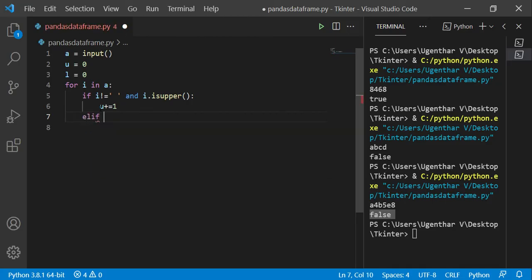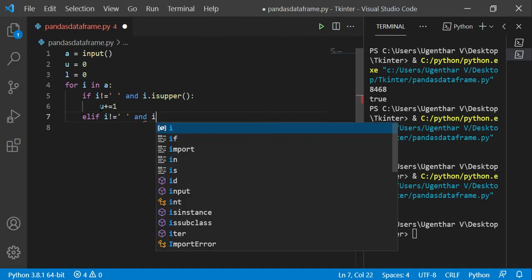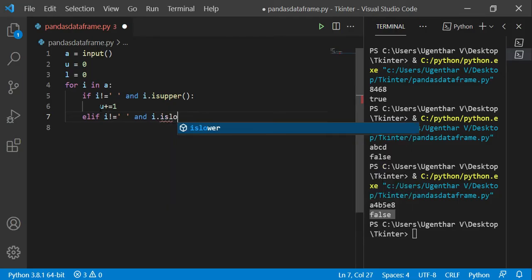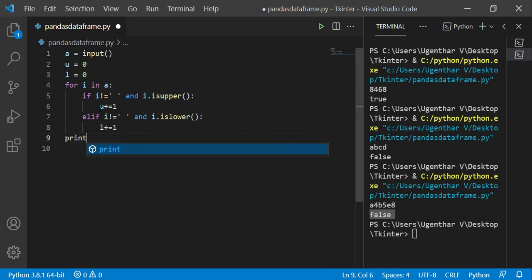Else if i is not equal to space and i is lower, then we should increment the lowercase variable, and at last we should print our output.